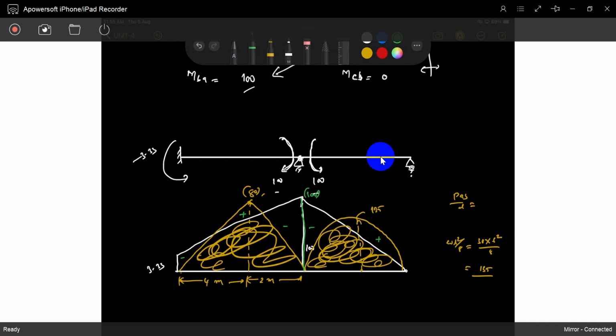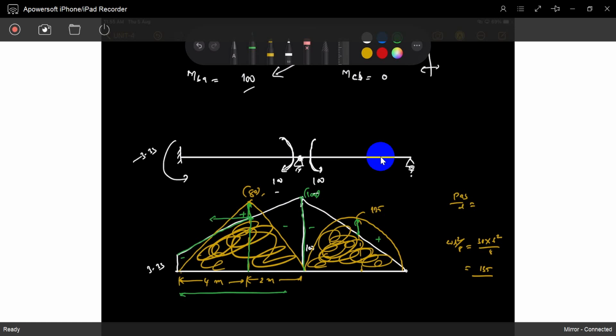What is the maximum positive moment? Sagging moment. Sagging moment may be this value or maybe this value. Sir, how can you find out that value? So you can easily find out. This total is 80. So exactly at that point, what is the negative value? It is 3, it is 100 for the span of 6 meters.